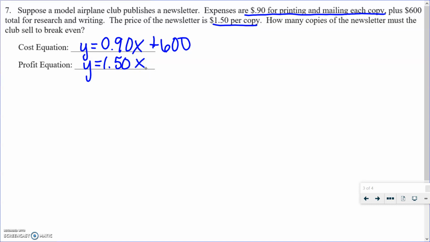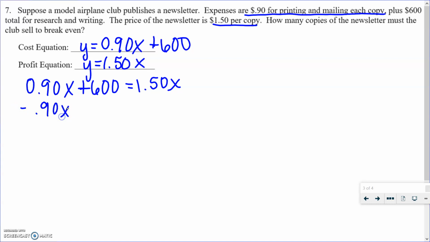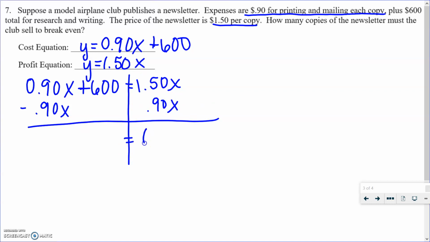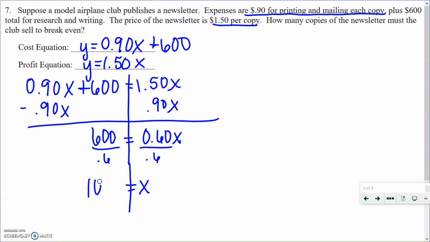Okay, and then we're going to set these equal to each other, a substitution, where we're putting the two equations as one. This is the first way we talked about solving systems algebraically. Okay, then I'm just going to solve this for x. I have an equation now that only has x's in it, no more y's. So I'm going to subtract 0.90x from both sides, and then I get that 0.60x equals 600. I'm going to divide both sides by 0.6, and I get x is equal to 1,000. So they have to sell 1,000 copies